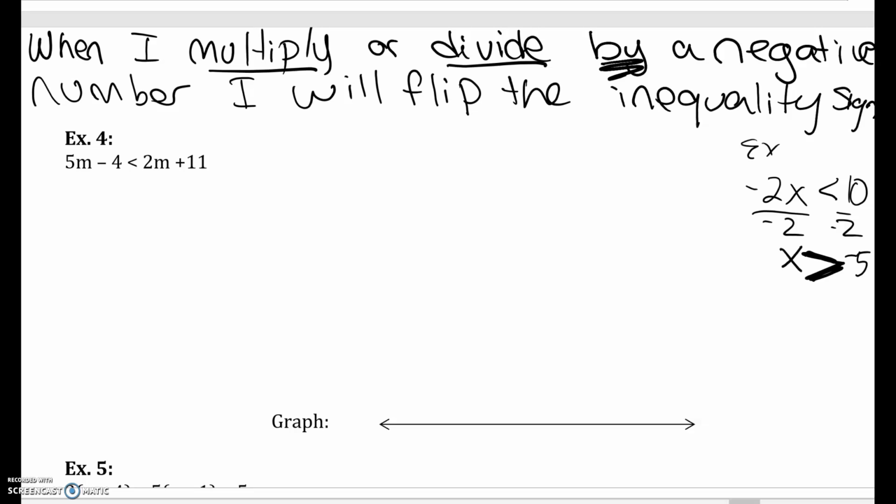Okay, similarly, if I have x over -3 is greater than or equal to 2, and I multiply by -3 on both sides,